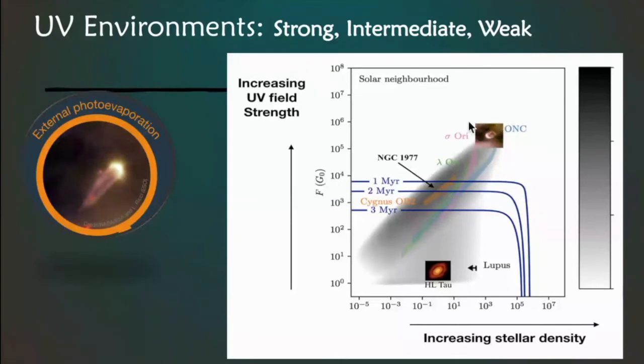What I'm going to show you is an ONC-like environment, which I define as strong UV compared to that. NGC 1977 later, and NGC 2024, are kind of weaker. So there are different environments, and I'm going to show this in 1977 because that's where we find something